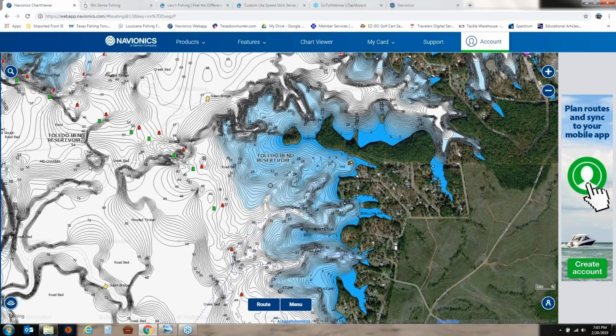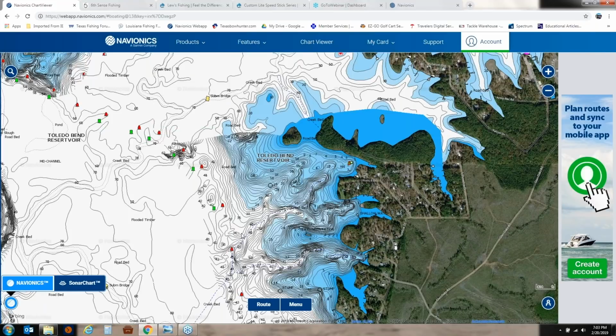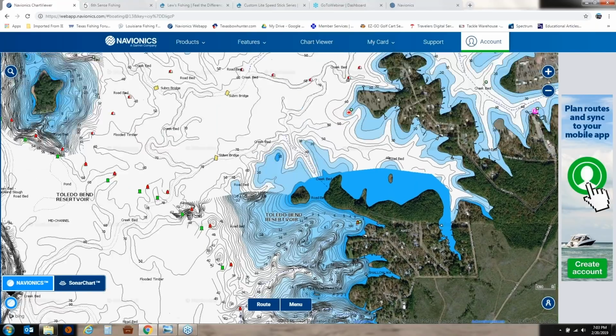If you look down the bottom left-hand corner, right now I'm on Navionics' website. This is just a chart viewer. It's 100% free. Right now Navionics averages around 20,000 updates a week, all across the U.S. and Canada. As soon as the updates are done, you can view those. They automatically update on the Navionics web app. In the bottom left-hand corner, you'll see a little button that says Navionics or sonar charts. If you click on just the Navionics portion, it'll show you what was there on the original base mapping before